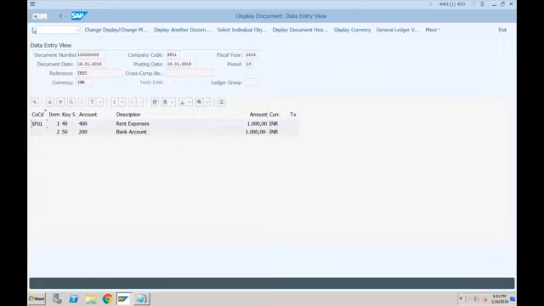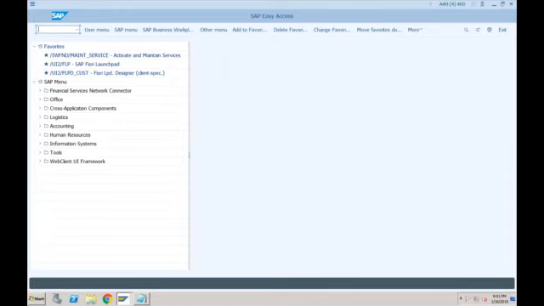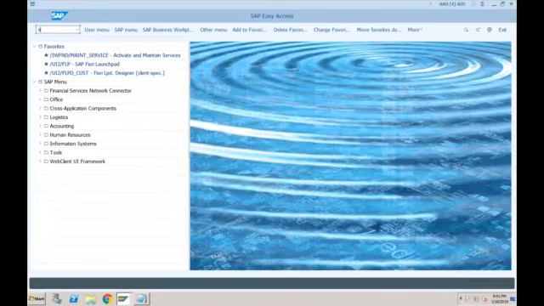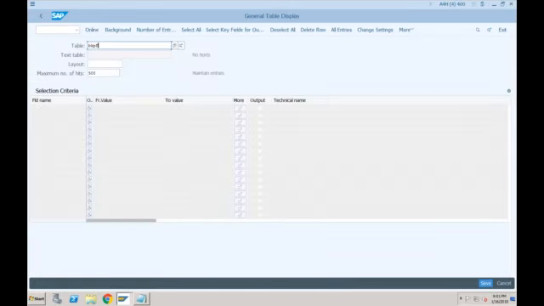Now let's try to see which tables are affected. If I go for SE16N, BKPF, which are the tables that we were using in SAP ECC? Which tables were getting updated when you create any accounting document?